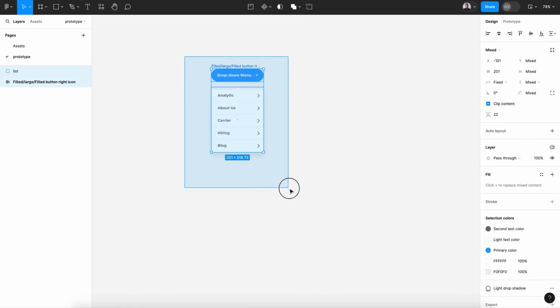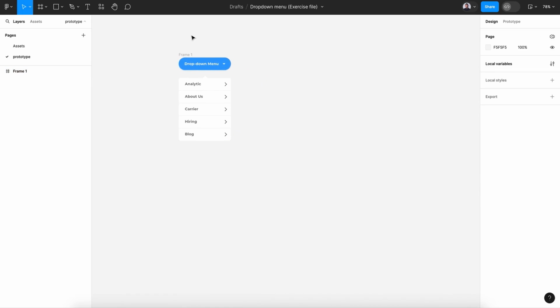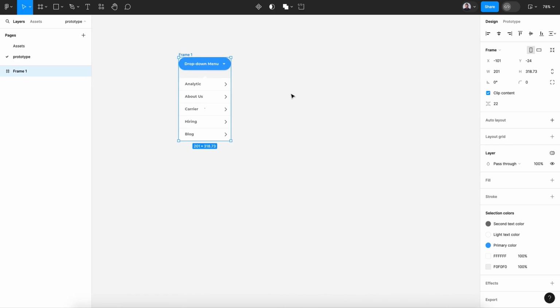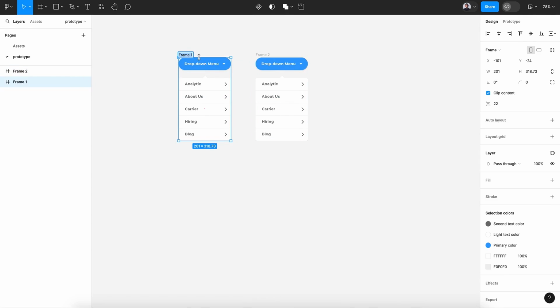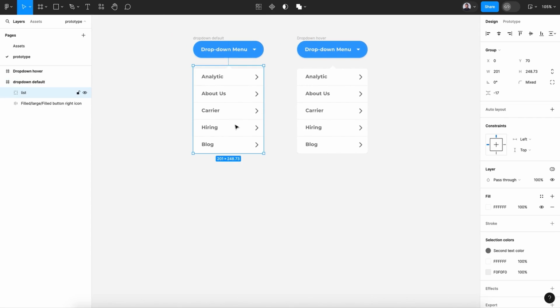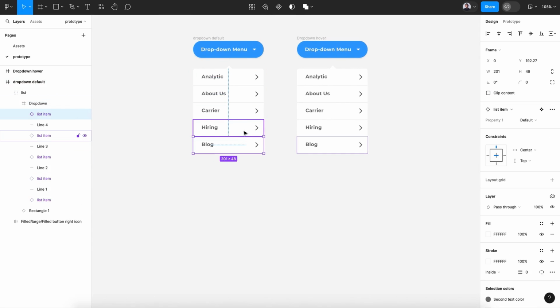All right, now let's group this, Command G, transform it to frame. Now the first thing we're gonna do, let's Command C and Command V to duplicate. Rename this drop down default, and this drop down hover. All right, and the first thing I'm gonna do is to create, let me make some